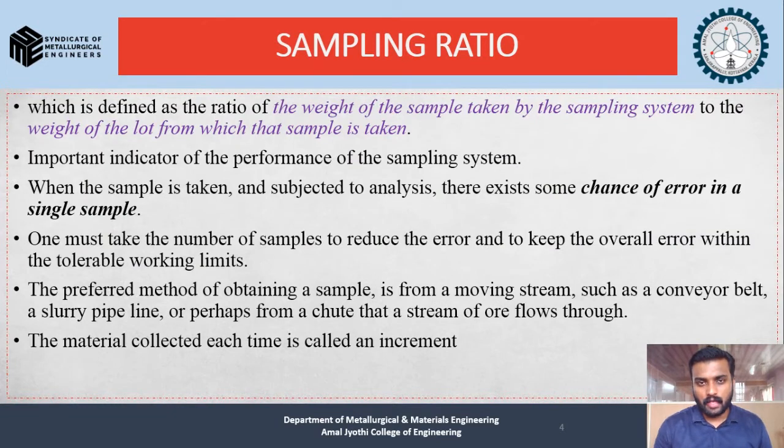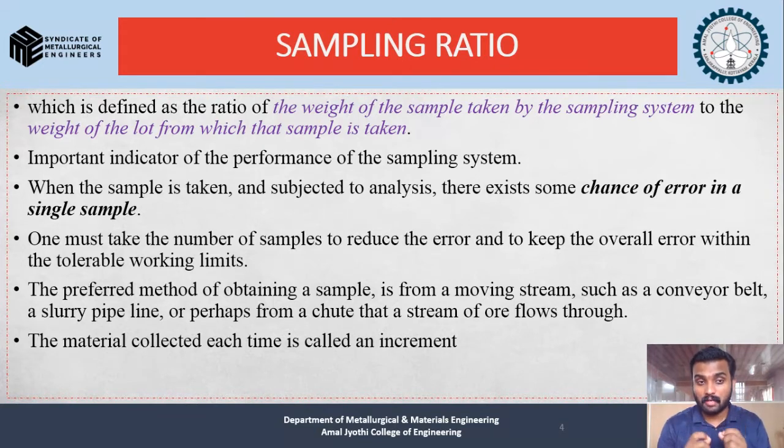And moving on, we have the sampling ratio. Sampling ratio is defined as the ratio of the weight of the sample taken by the sampling system to the weight of the lot from which the sample is taken. So in the numerator we have the weight of the sample taken, and in the denominator we have the weight of the lot. This is the basic definition of a sampling ratio,